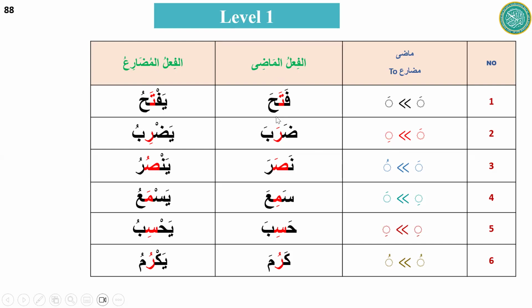This is the name. Next thing is I will say Madi and Mudare: Fataha, Yaftahu. Next, what is the pattern? Fatha, Fatha. The second letter, what is the Haraka? That is Fatha, Fatha. And now the last thing will be the meaning of that verb. Because if I know the meaning of the first verb, I can translate all those nouns coming in the table. Fataha means he opened. So I will ask someone to repeat, and then everybody please just focus.